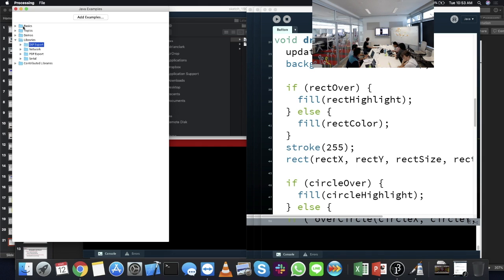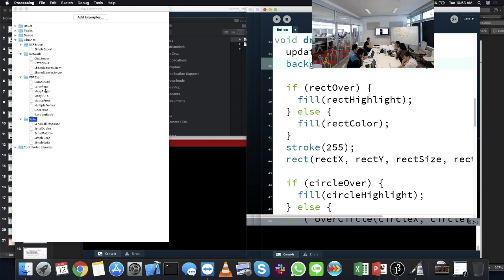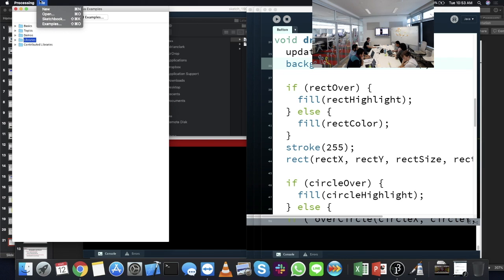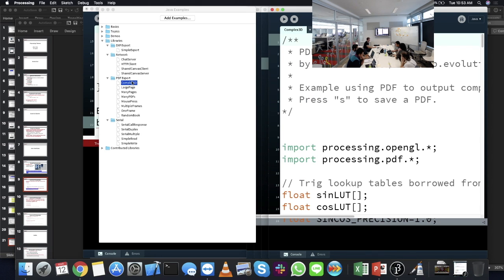So in libraries, you'll notice we have DXF export, network, PDF export, and serial, which are four of these 5 examples we see here. It doesn't have SVG export for some reason, but the rest of them are in there. So before we found an example of creating a PDF just on the web page, but we could also just go into Processing, File, Examples, and then look in libraries, PDF export, and you'll see there's a range of other examples in there. So we can open up one,